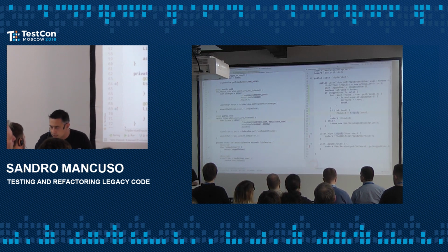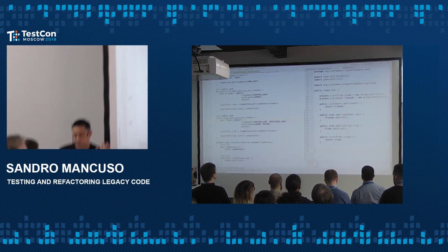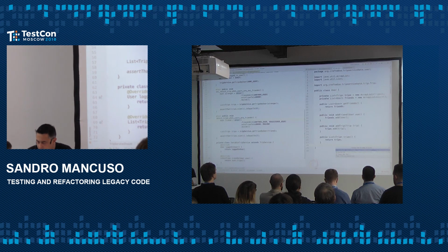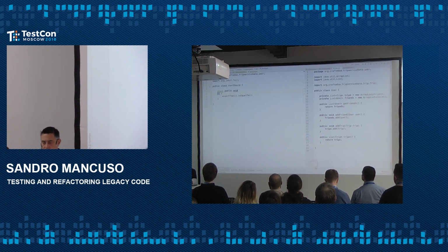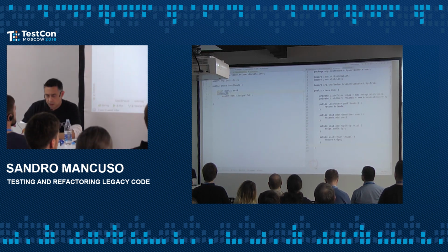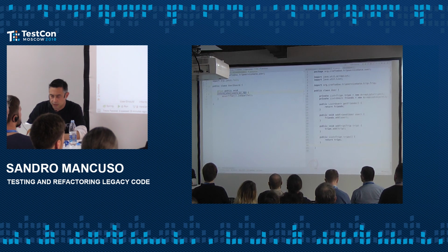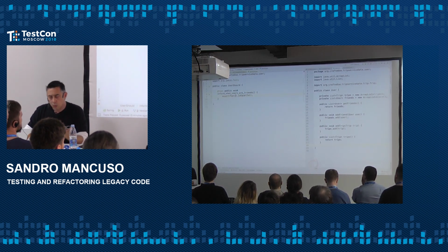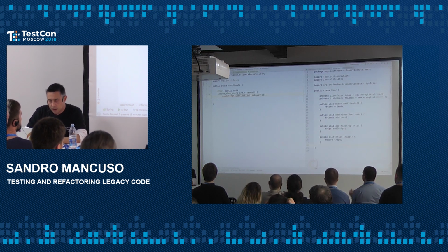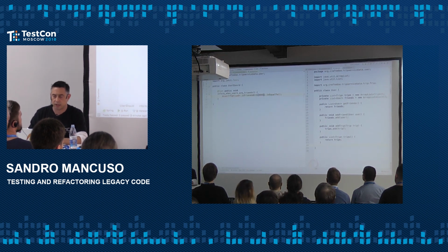So let's take the user class. The user class doesn't have that behavior, right? So let's make the user class have that behavior. So I want the user to inform when users are friends. That's the behavior that I want. So what I want in here is to assert that a user is friends with, let's call Bob, right? And this should be